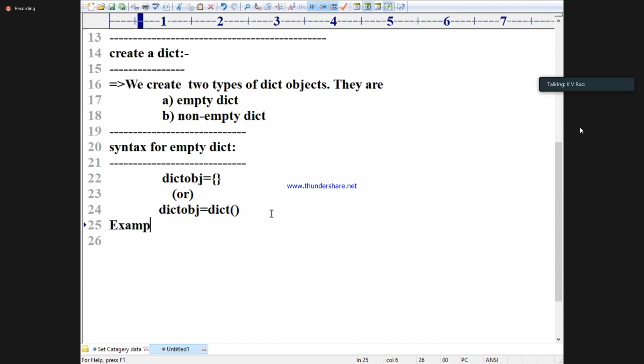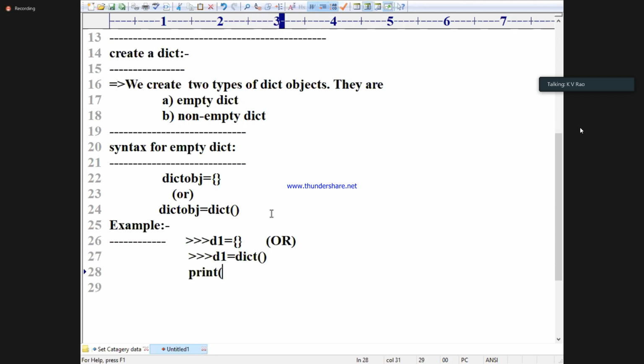Example: D1 is equal to empty curly braces, or I can say one more there only: D1 is equal to dict of.